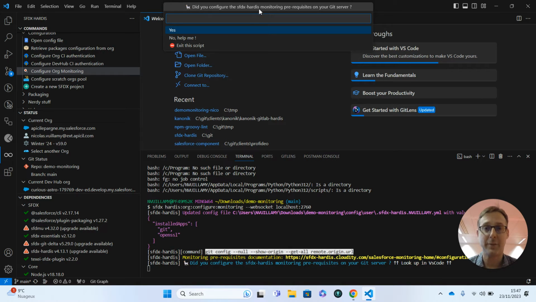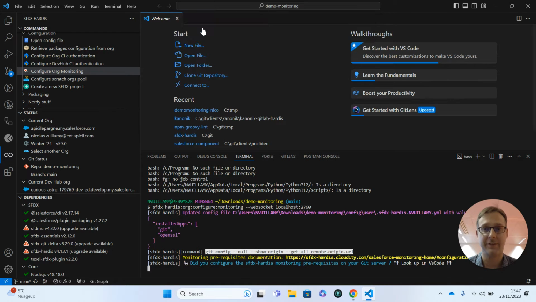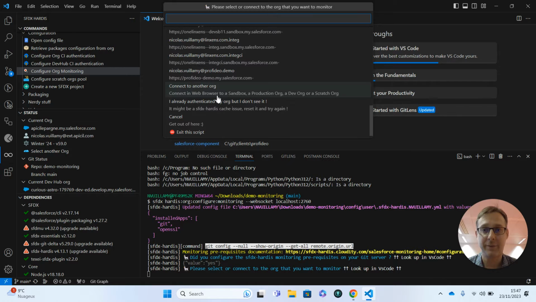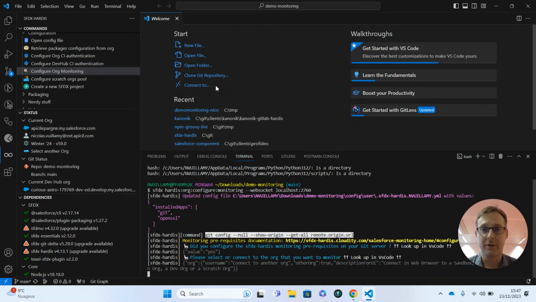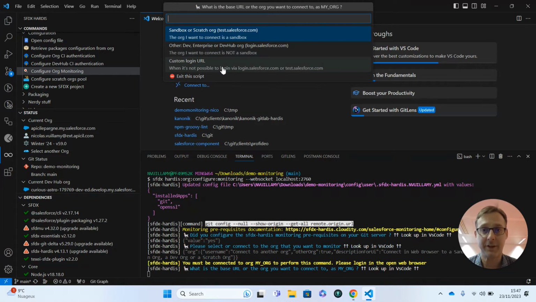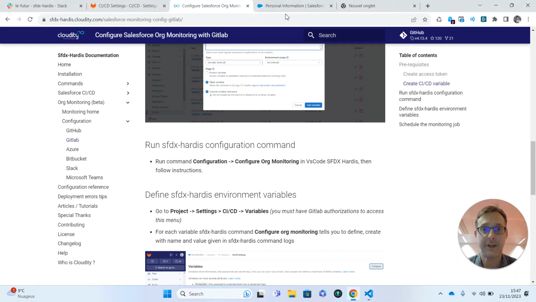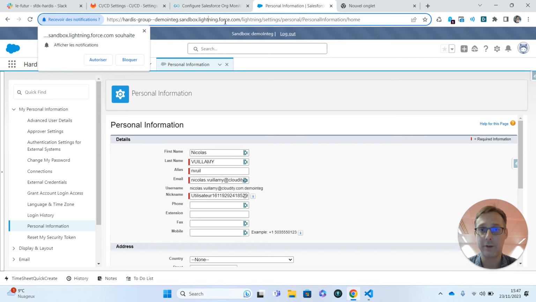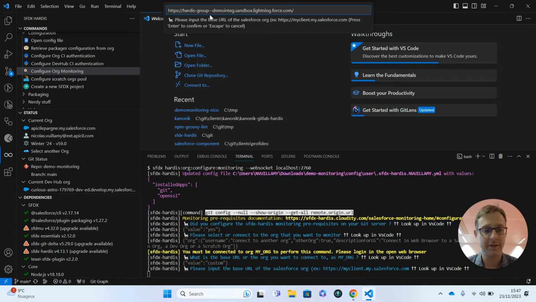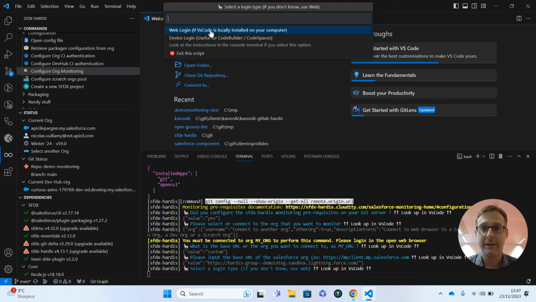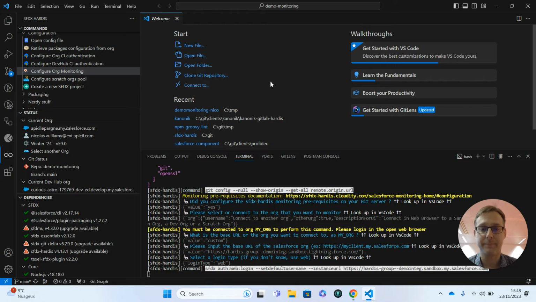So it asks if I already did the prerequisite. Yes, I did. If not, click on no and it will open the same documentation. So now it asks me to select an org. So either I have already my org connected or I will connect to an org. So I can take the beginning of my org URL and paste it. Click OK. Click Web Login.